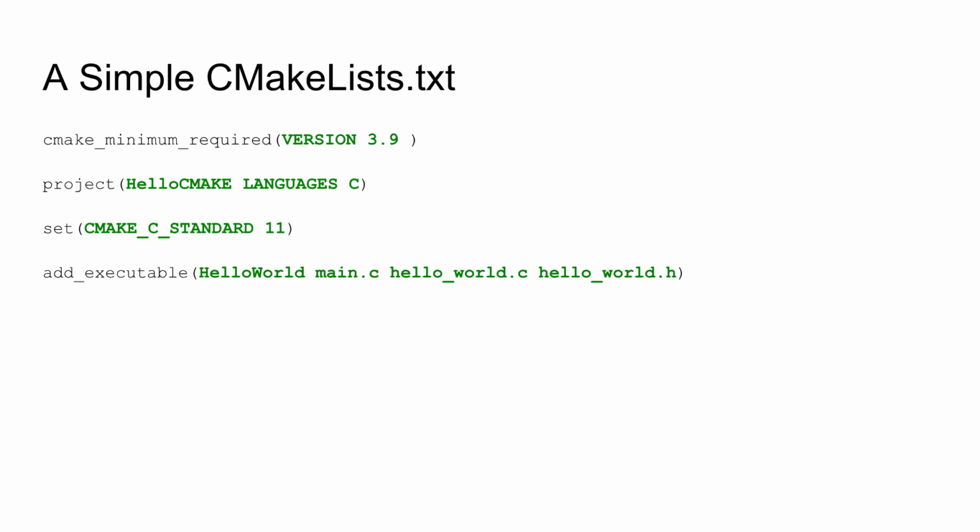So this is a simple CMakeLists.txt file you've probably seen if you've opened it up inside CLion. So cmake_minimum_required, version, project, set, and then add_executable. So the cmake_minimum_required, you say version and then whatever the version is. This is the lowest version of CMake that you need in order for your code to work. It is also going to